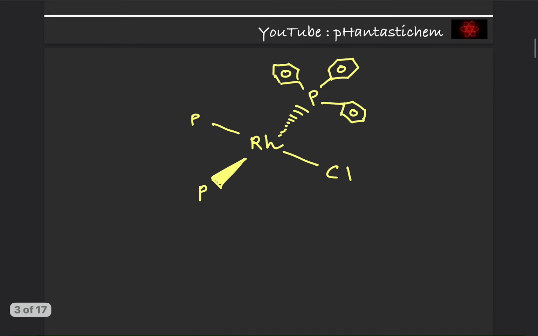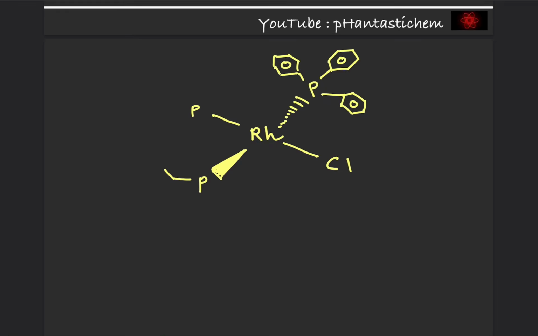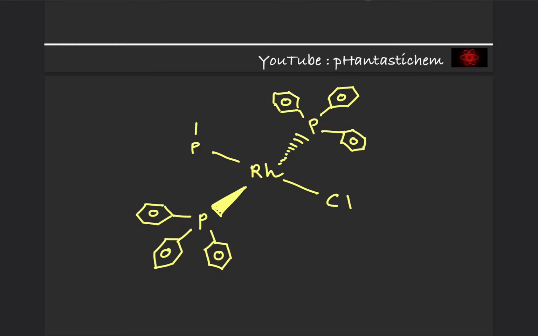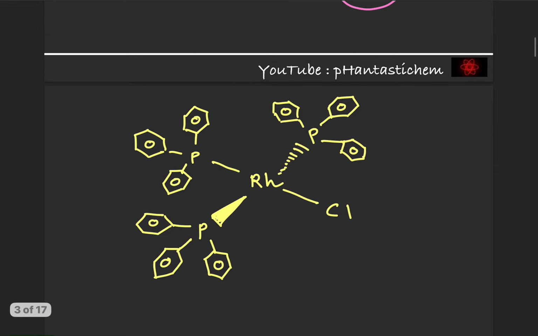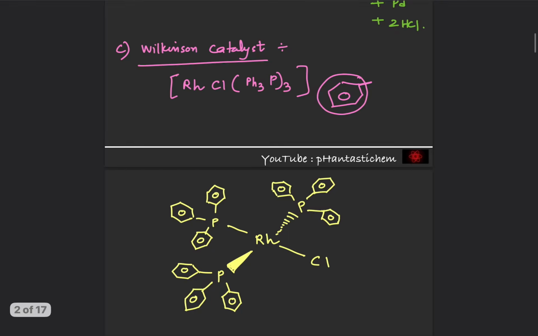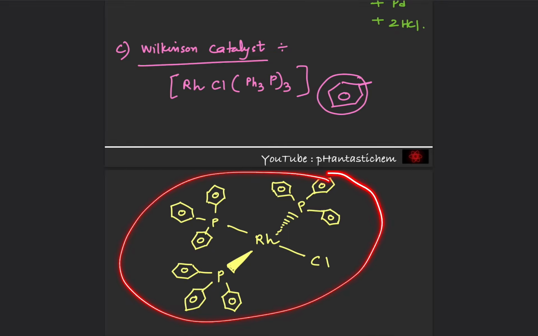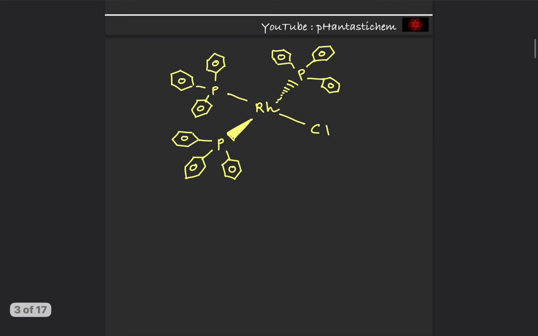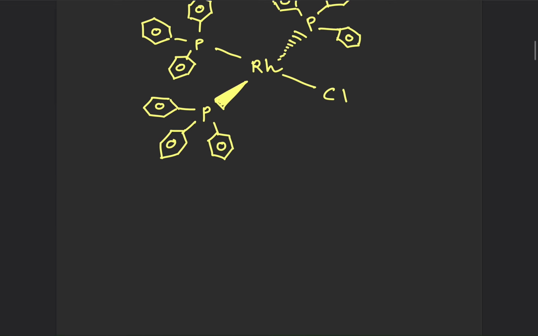Same thing with here. It is connected to phosphorus, and that phosphorus is connected to 3 benzene rings. Same thing is happening here. It is connected to 3 benzene rings. So this guy is known as our Wilkinson's catalyst. Okay, and it has an official name, and the name is